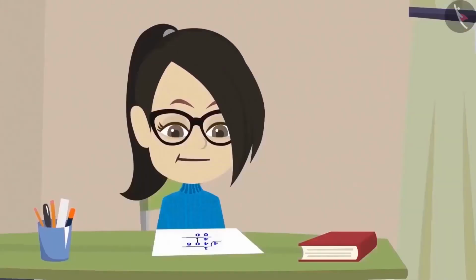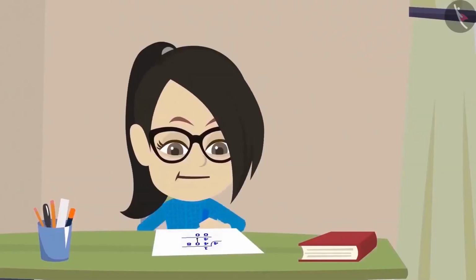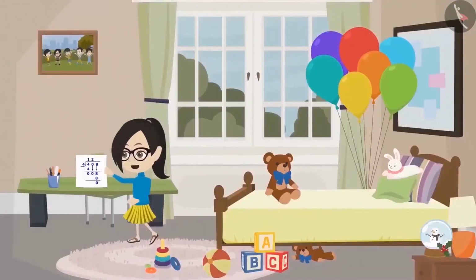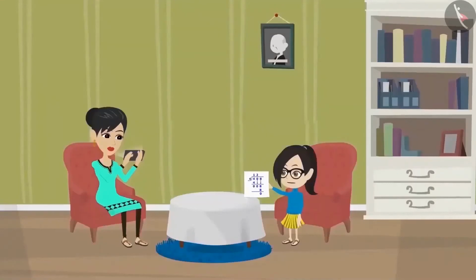Division is done. Now we must check this and see if the answer is correct or not. I will multiply 4 by 12 to check if this division is correct or not. 4 2s are 8 and 4 1s are 4. The answer came 48. Oh what? The answer should have come to 408. That means I have made a mistake in dividing. Now I will have to ask Mummy for help. Mummy, I think I have made a mistake in dividing. Can you please help me with this?